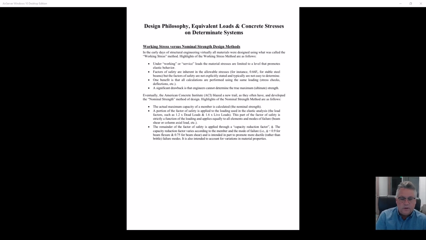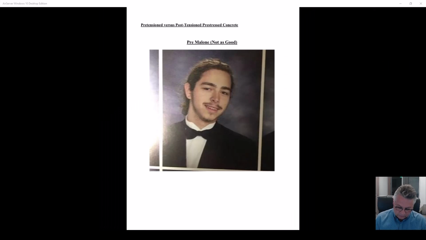Then after we establish that all our stresses are satisfied, we're going to scrap it all and move over to the more traditional ultimate strength design. So we have to do two really complete designs in post-tension concrete, pre-stress concrete. Now we have pre-tension concrete and post-tension concrete.